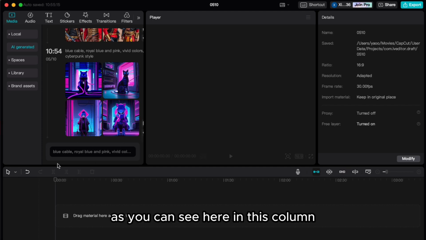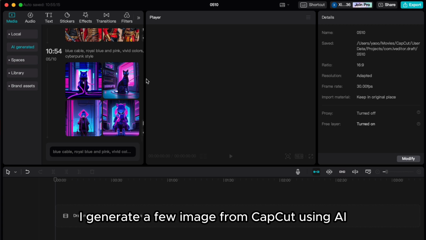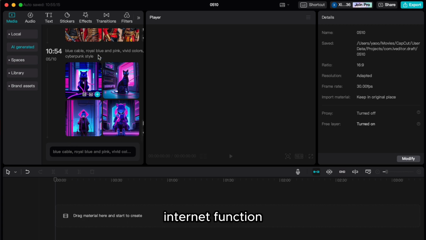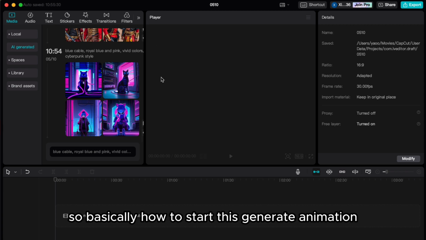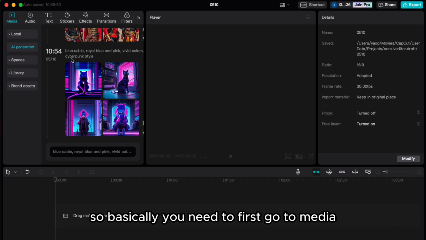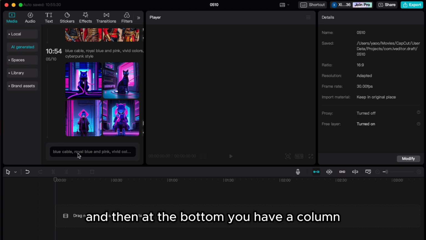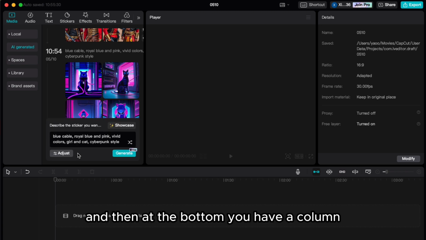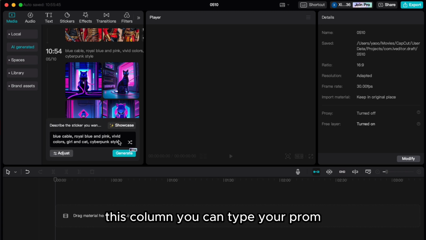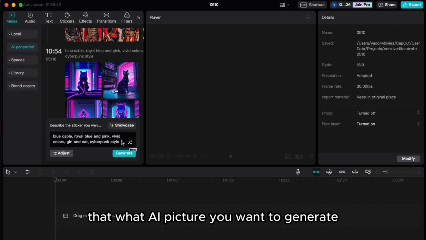As you can see here in this column, I generated a few images from CapCut using the AI internal function. So basically, how to start this animation: you first need to go to Media, then go to AI generated, and at the bottom you have a column. In this column you can type your prompt, your description of what AI picture you want to